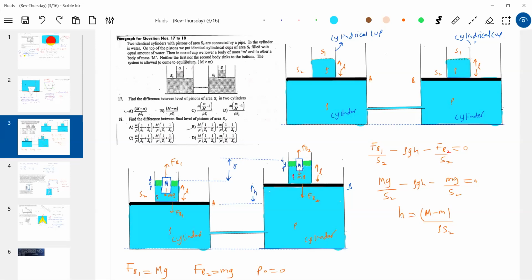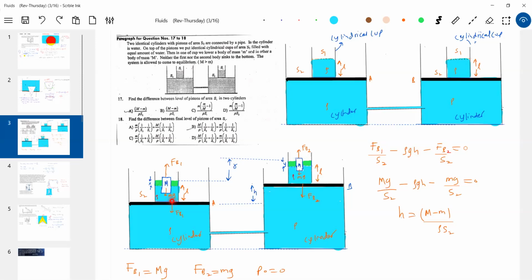Small basic idea: Newton's forces will always occur in pairs. By the liquid on the solid, by the solid on the liquid, it will be there. This FB1 will be acting here. Weight of the liquid, weight of the container, anyway, that is initial. Okay, now let's come to this one. Now what is the force here, the pressure here? FB1 by S2. As capital M is greater than small m, FB1 is greater than FB2.